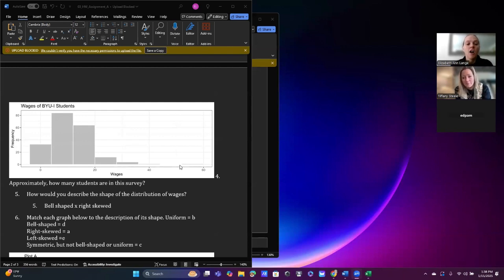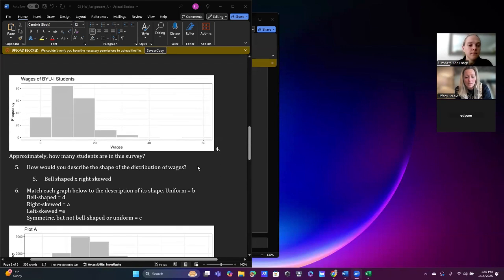Right. And by the way, these two would be the outliers, right? It looks like maybe one or two students that made 40 bucks an hour and maybe one student who made 60 bucks an hour, which I want to know what job you have and why you're still in school. Seriously. At BYU Idaho, it's like, yes, please. I know. Why are you still in school if you make this much money? But maybe they're looking for a career change. So, anyways,